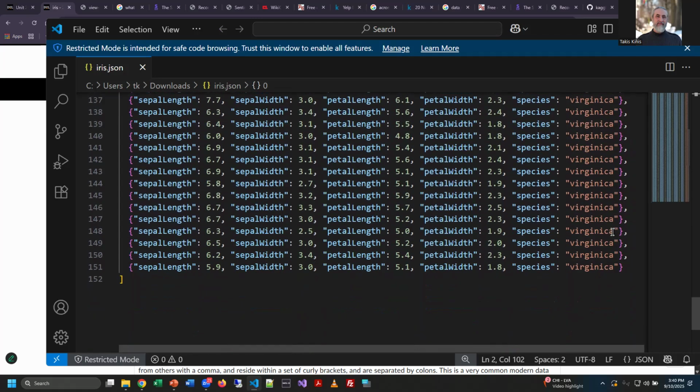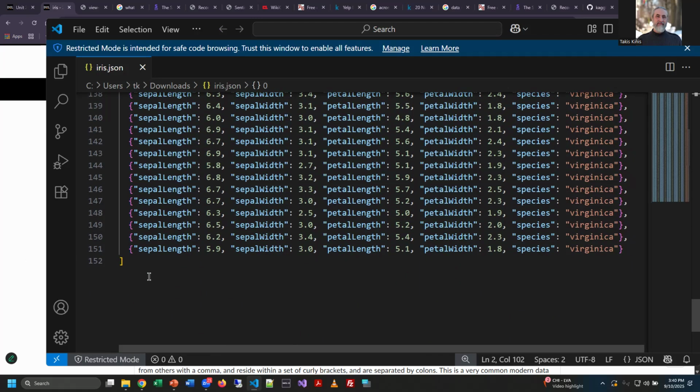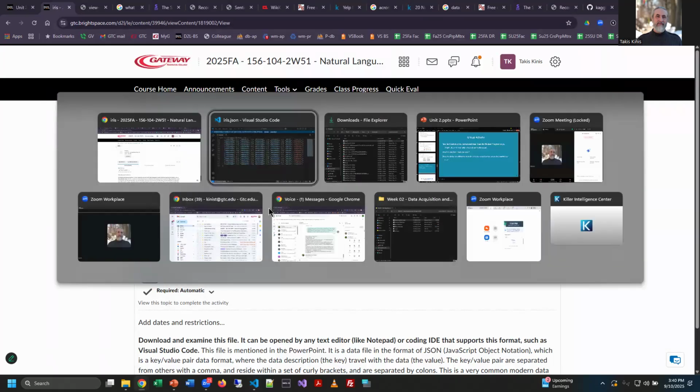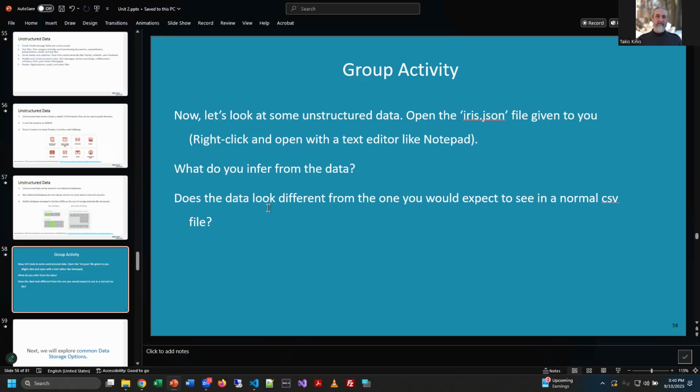What they've done is a very nice job in the text file here of organizing it so it looks like rows and columns, but sometimes it doesn't. You know, just giving you that heads up. Sometimes it looks a lot more chaotic, but it's still a key value pair setup, right? So that's the task there, is to look at that data file and understand that this is JSON. And JSON, for whatever reason, has become, and I think mostly of web developers, because that's my primary thing, the number one format for transmitting data.